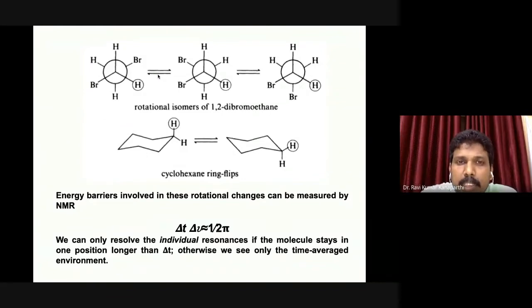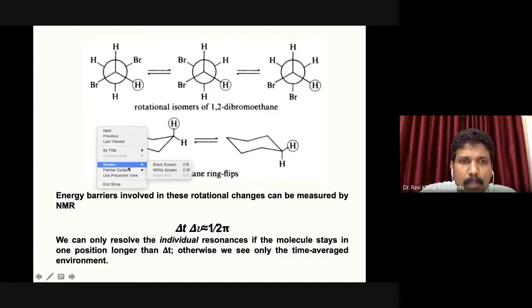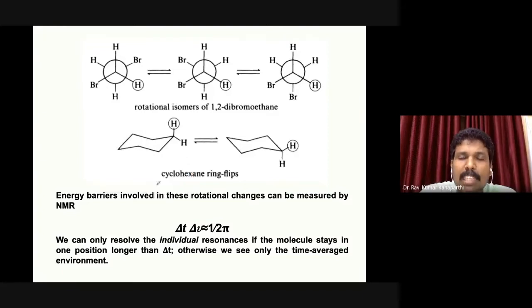Okay, with increasing temperature, the conformers actually merge together, and as a result we see only one particular NMR signal. This is mainly because as you increase the temperature, the rotation around the C-C bond keeps on changing, and as a result the rate of the rotation changes. As a result, we come across an averaged proton.